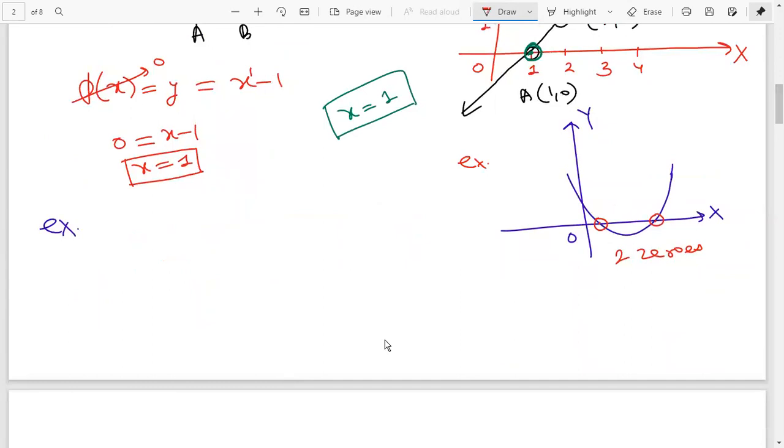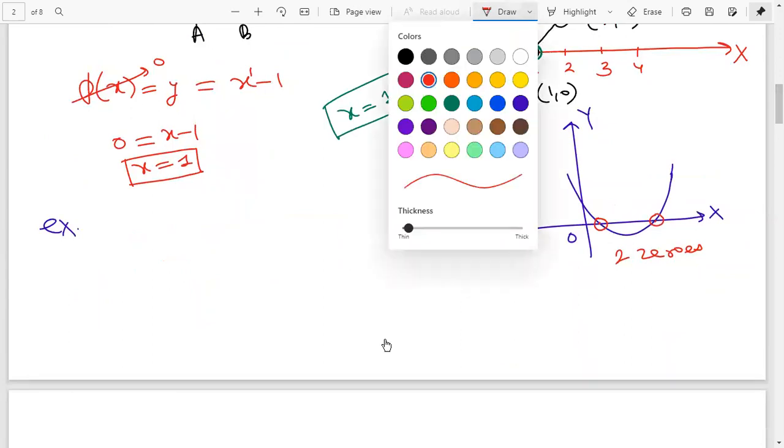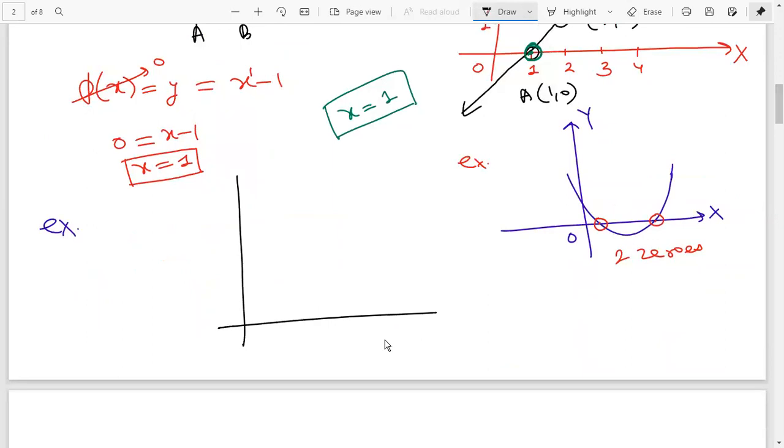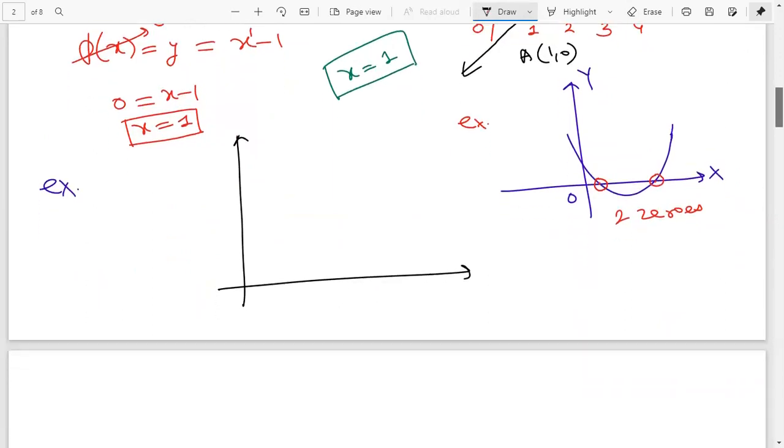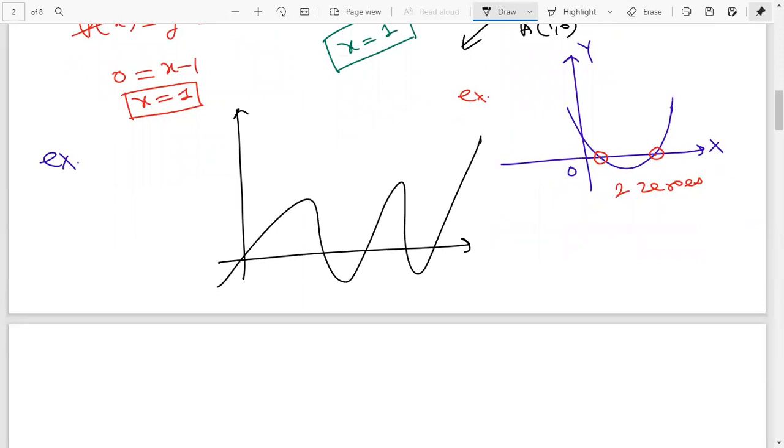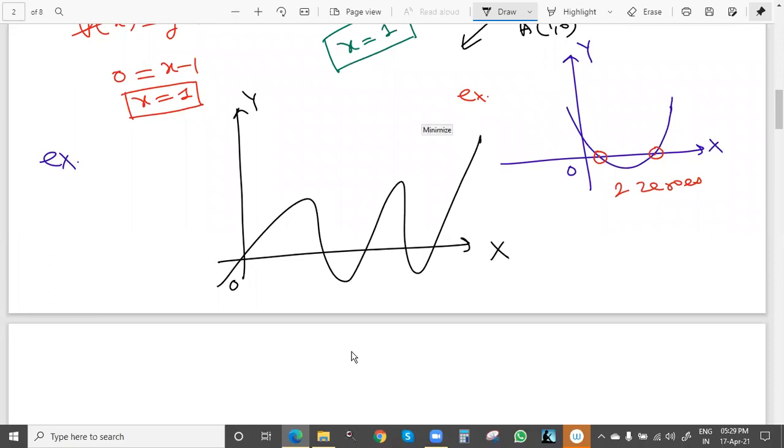And one more last case we can have. Suppose we have this type of graph and you have to tell how many zeros there are. How many zeros? Please reply in chat or you can directly speak. Pratibha is saying 5. Akhil 5. Raman 5. Good. So every time you have to just see how many times it is cutting the x-axis. 5 zeros. Good, Steve. So all of you have the right answer.